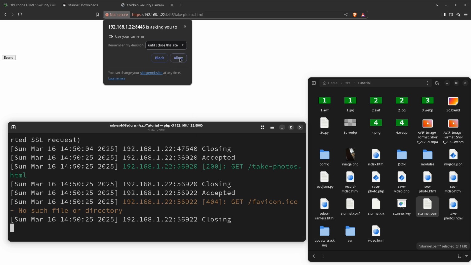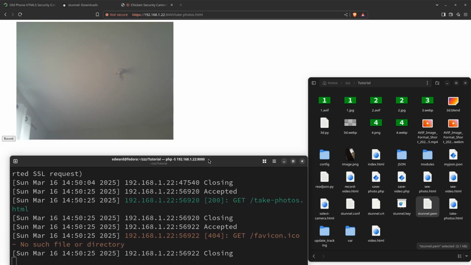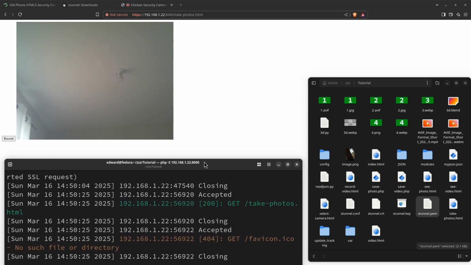So I will put allow, because it wants to use the camera. It wants to use the webcam. So I allow, and you can see now it can use the webcam. I'm going to wave my phone over it, and you should be able to see it. See, there we go. So it does work. And so if I hit record, remember it's going to send it to this file, the save